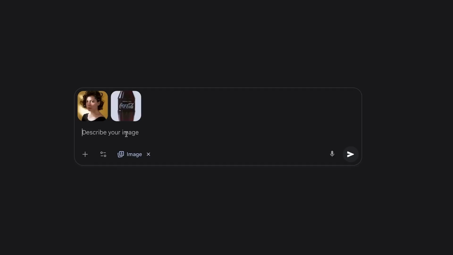Using Nano Banana is as easy as adding in an image or images and then using the right prompts with it. It's really as easy as that. I'll make sure these examples are quick and easy to follow. So to start off with, let's have a look at changing clothes.